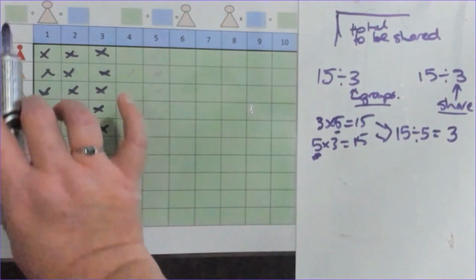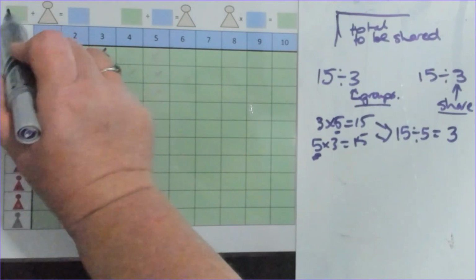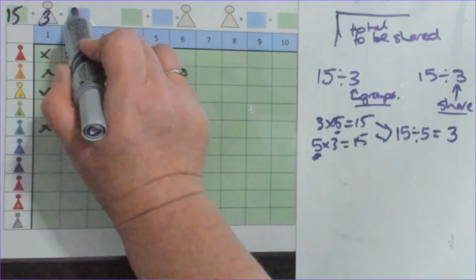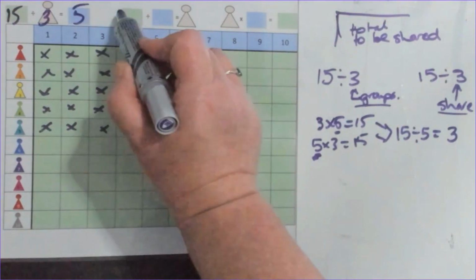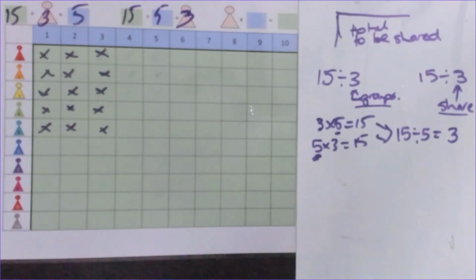I've got here across the top, you can see 15 lollies shared between 3 people means that they each get 5. If I've got 15 lollies, each person gets 5 lollies. I can do it with 3 people. So you can also use that to scaffold